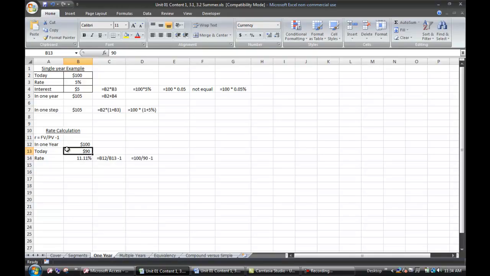100, divided by the present value, 90, and subtract 1. And it comes out to be 11.11%. Which is just this here, B12 over B13, or it's 100 over 90 minus 1. You might note that